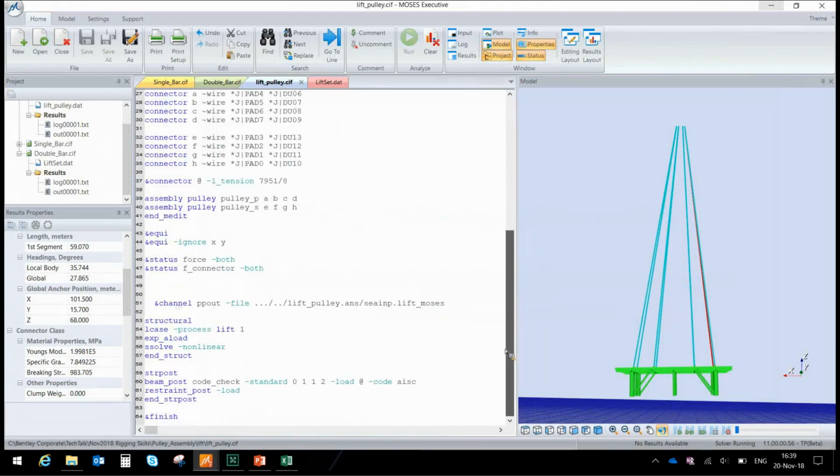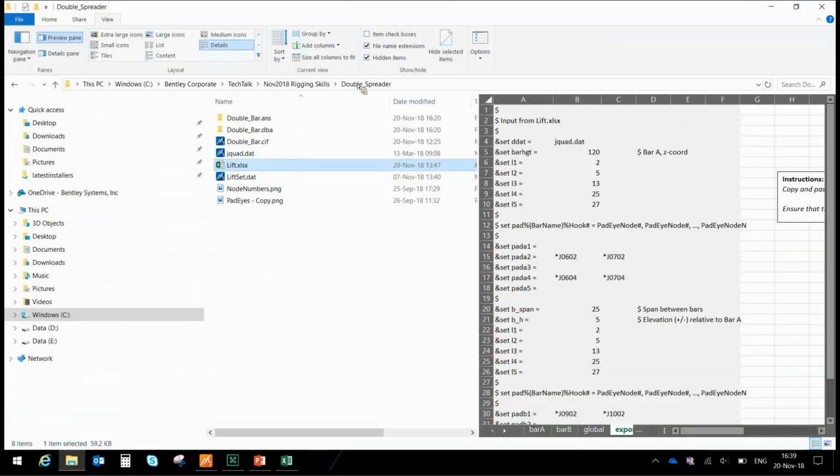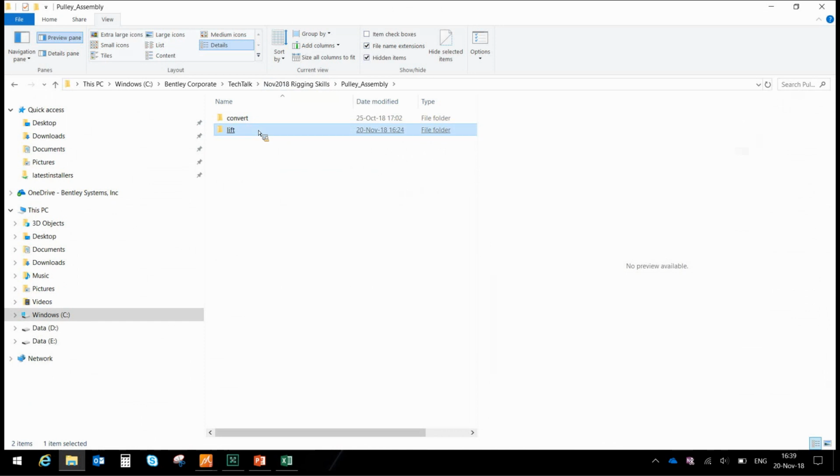Yes, that was in the last example here, this one here. It may or may not be a project-specific requirement. It is for convenience only. If it is necessary or preferred, in case where you have multiple solutions from one analysis, you can send them to different directories. In this case here, I'm telling Moses where to put the results, and if I were to do that, then I have as input dot lift Moses, and in there I have load cases that have been created as a result. So if I were to follow this path in my working directory in assembly,